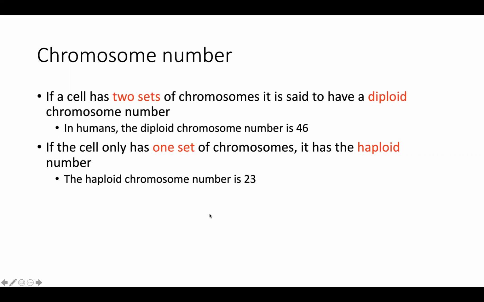If our somatic cells have a diploid number, 46 chromosomes, which cell types in our bodies only have half of that number, haploid, 23 chromosomes? Sex cells. Sex cells, thank you. That makes sense, right? Because our sex cells are required for reproduction. During reproduction, these sex cells must unite with the sex cell of the other parent. The sperm must unite with the egg.